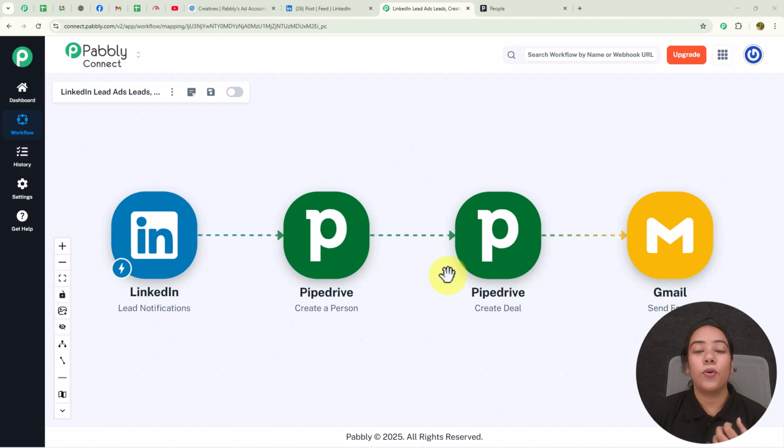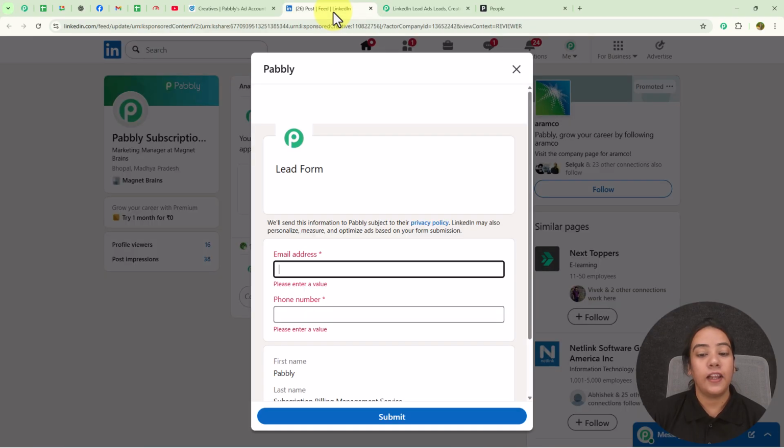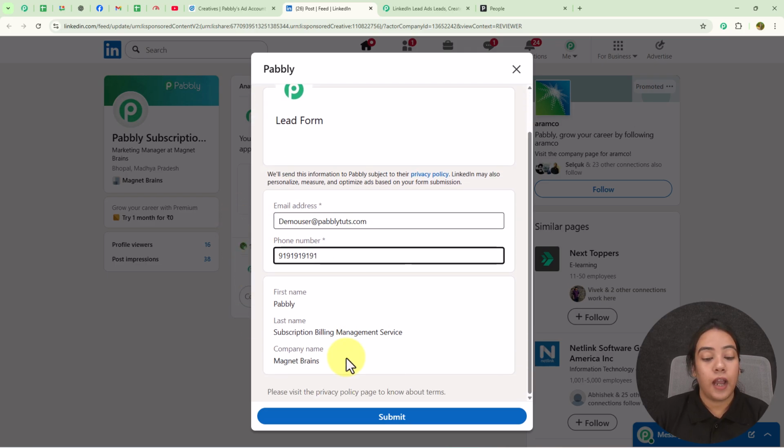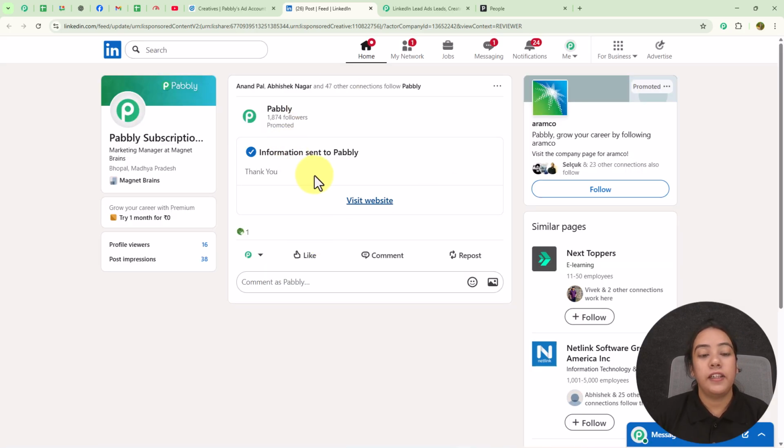Before letting you know how we can make this automation, I'm going to show you how this automation is going to work. For that, I'm going to create a lead where I'm going to enter my email address like this, where I have entered my email address and phone number. After that, I'm going to click on submit this lead form, and here you can see my lead form is